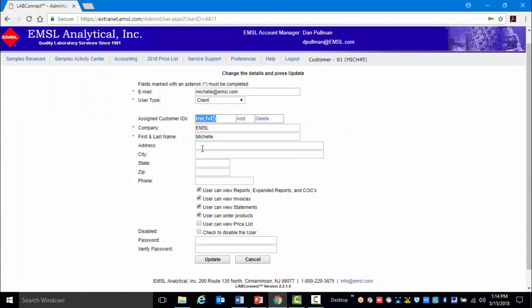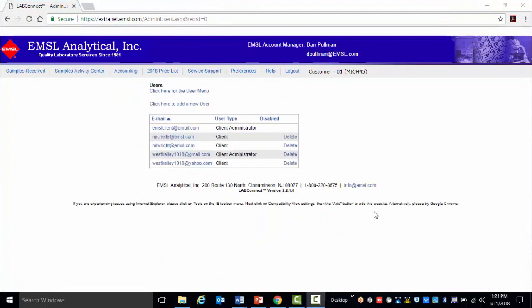You can see they've been given access to this account. It's okay if the other information is not filled in, as long as the company name and their name is listed. For example, we'll give this user access to pricing. To save, click Update. From here, to delete any user, simply click the Delete button